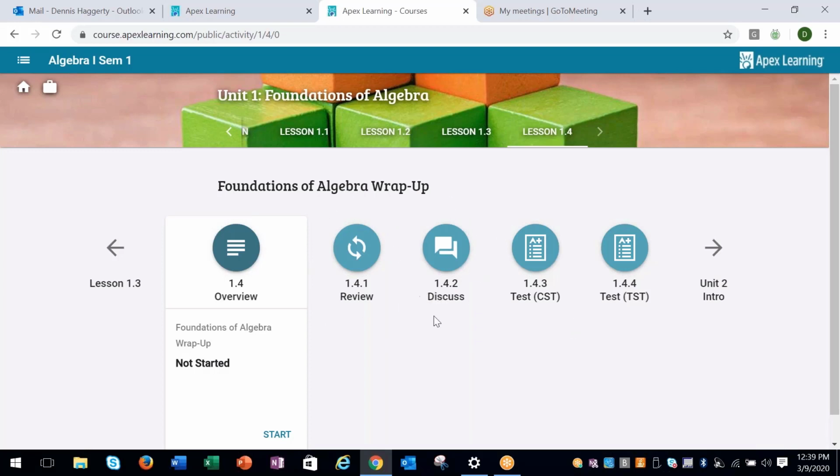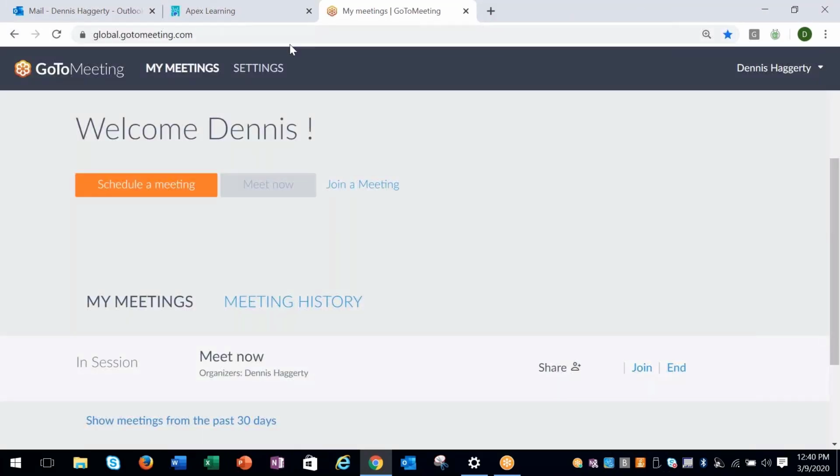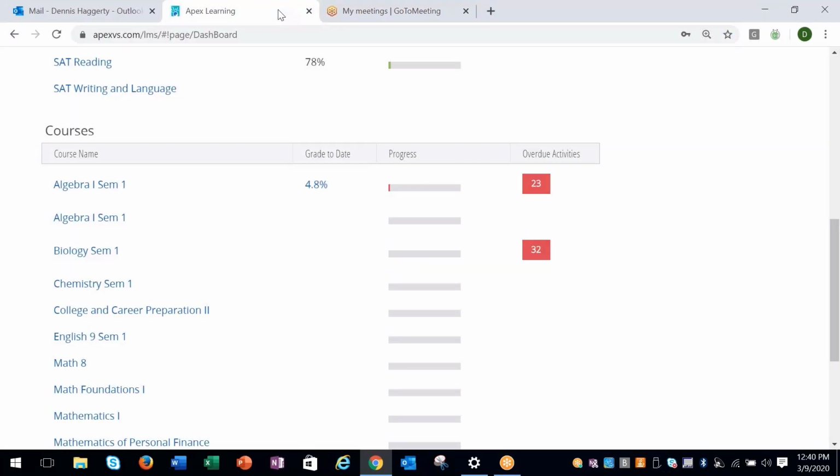I've got a discussion board that your teacher may or may not require you to do. CST stands for Computer Scored Test. TST stands for Teacher Scored Test. Once I complete the assessment, I would move on to Unit 2. All of our Apex courses are structured that same way, the unit, lesson, activity structure. Not all of the activities are identical. They all have study, and they will all have some